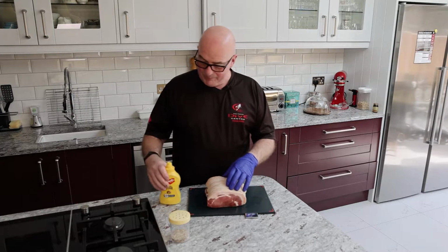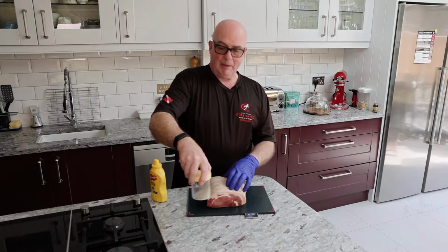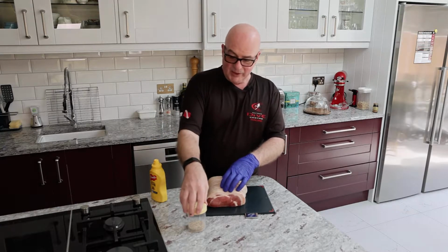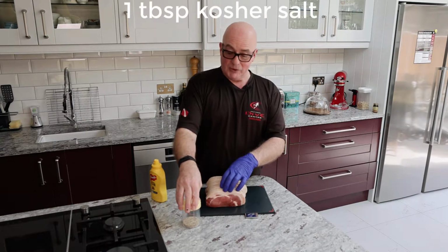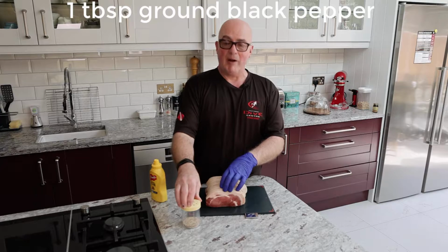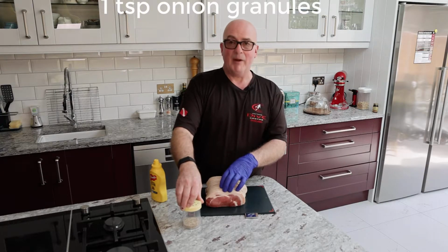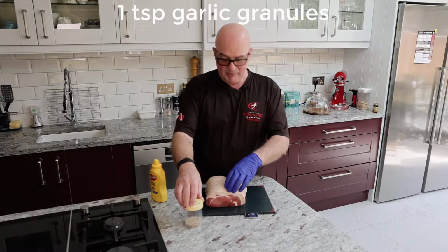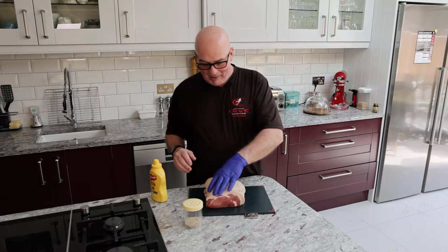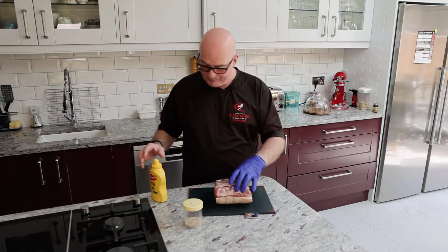Now, I've got a rub that we've made, which is salt, pepper, garlic and onion granules. So the quantities are 1 tablespoon of kosher salt, 1 tablespoon of ground black pepper, 1 teaspoon of onion granules, 1 teaspoon of garlic granules, which is pretty much our standard rub for everything we do. So I'm going to put that all over it, but first of all I'm going to